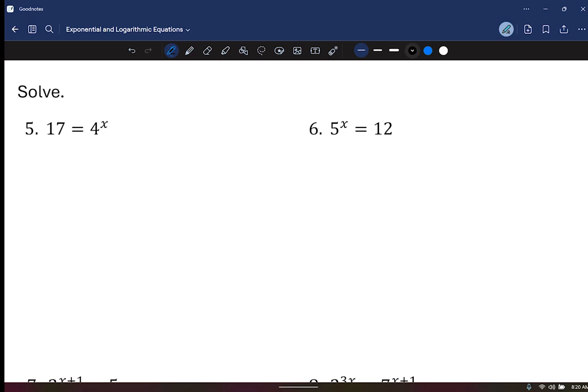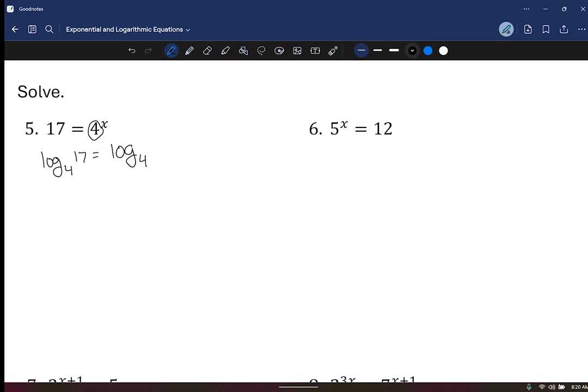4 can only be written with a base of 4 and a base of 2, because 2 squared is 4. I can't write 17 with a base of 2 or a base of 4, which means I'm going to have to use a log to solve. So I know that I could do a log with a base of 4, since this exponent has a base of 4. So if I do that on both sides,